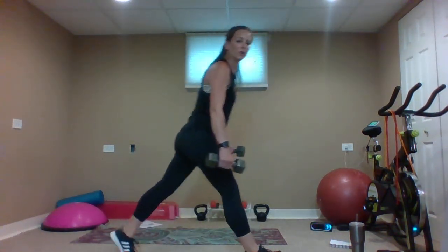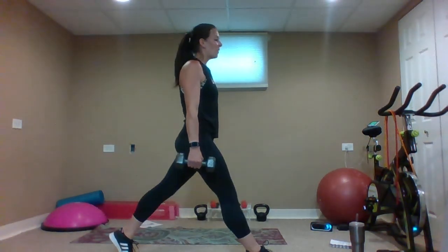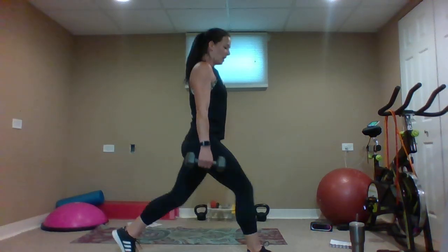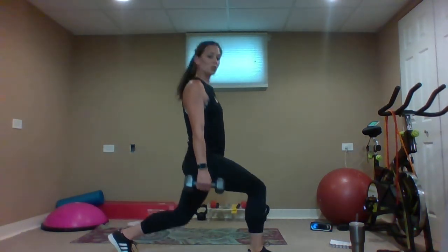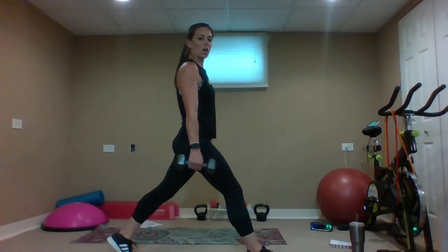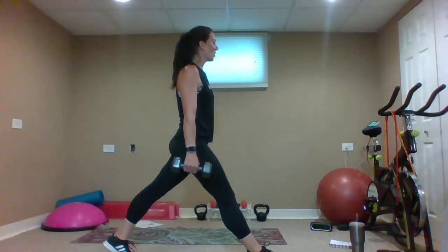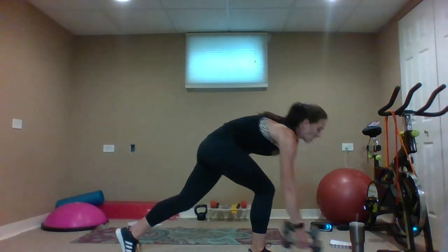Step the other leg forward. Quick transition. Right back into it. If at any point you want to drop the weights, you can drop the weights. Making sure you're checking in with that form, keeping that shoulders over your hips, standing up nice, straight, and tall. You've got this. Quick transition to butt kickers in 3, 2, and toss those weights